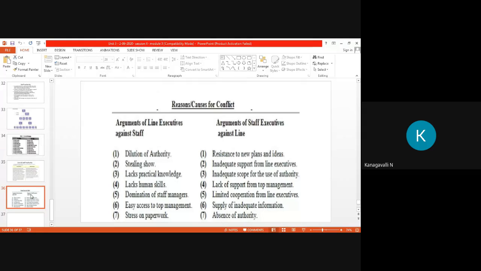The disadvantages of line and staff authority. Here we can have a number of disadvantages. The staff managers are not accountable for the result, so they may not perform their duties well. But the line managers are accountable, so they produce their work in the best way. Then, although expert information and advice are available, they reach the workers through the officers, and there is a risk of misunderstanding and misinterpretation. The staff experts may be ineffective because they do not get the authority to implement their recommendations.